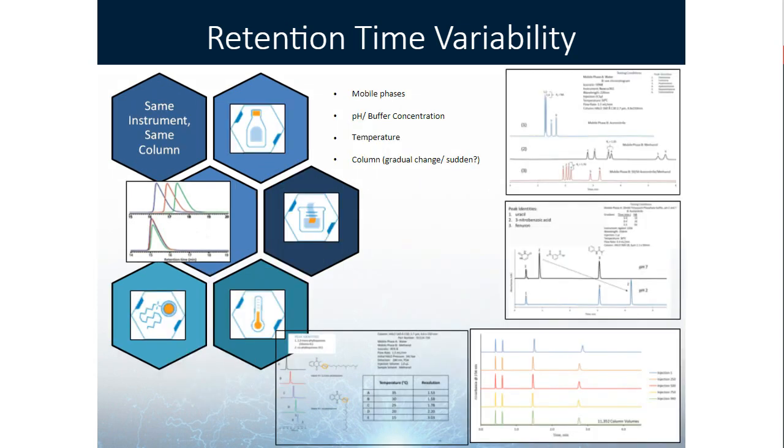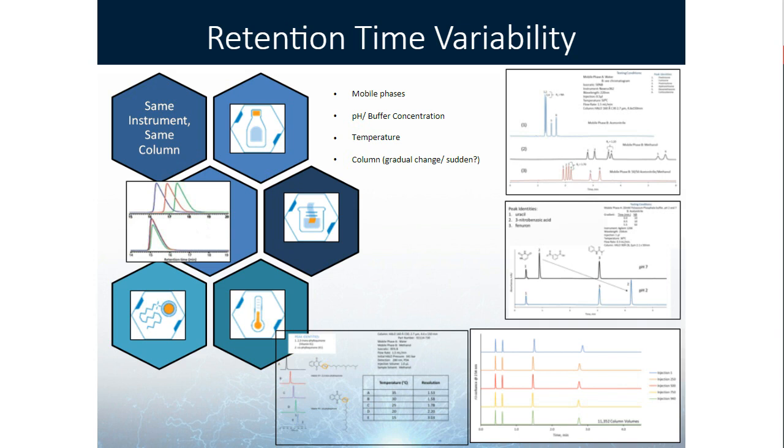So retention time variability from the same instrument with the same column, there can be a lot of different reasons why this is happening. But you really want to check your method conditions. I'd first start with your mobile phases. If they're running low, don't top them off. I recommend dumping them, cleaning your glassware, and then getting some fresh mobile phases. If you're pH adjusting your mobile phases, make sure that it's calibrated. If you're at a specific buffer concentration, you definitely want to be careful weighing these salts out. And